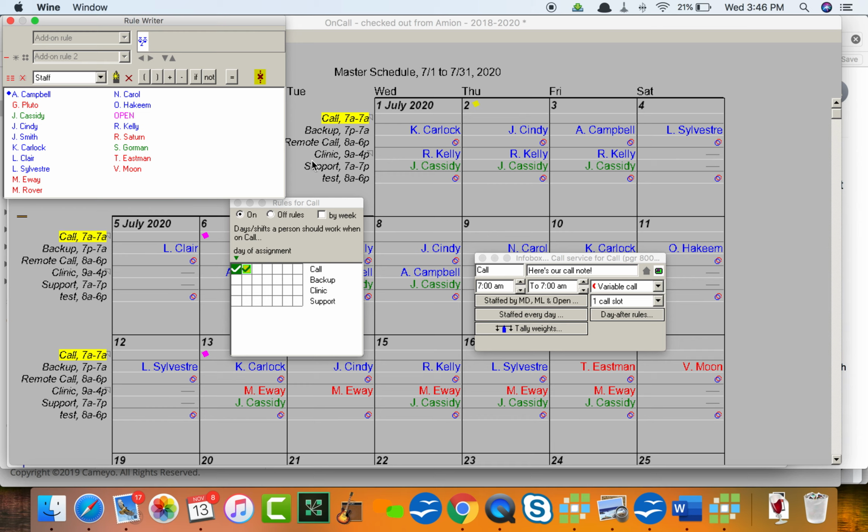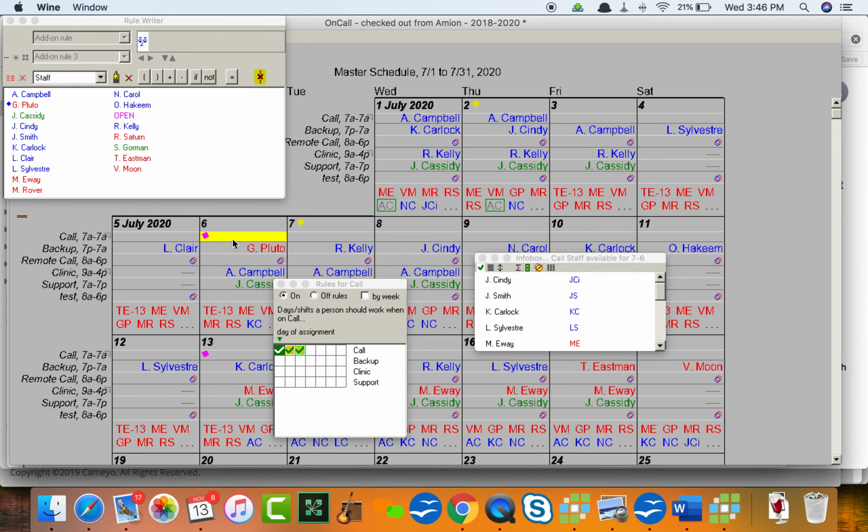Now I've got a couple different rules going here, but just to illustrate how they work, let's go to an empty spot on the schedule. If I apply, let's see, well, let's get rid of A. Campbell here so that she can work up here. If I assign A. Campbell, she works 2 days in a row. If I delete that and assign G. Pluto, who might not be available either,